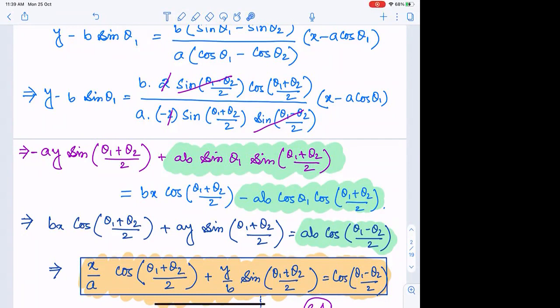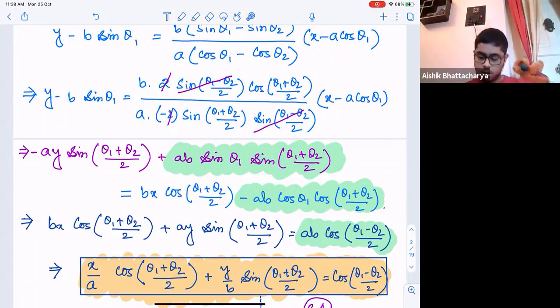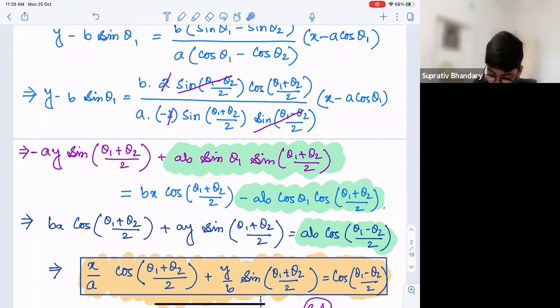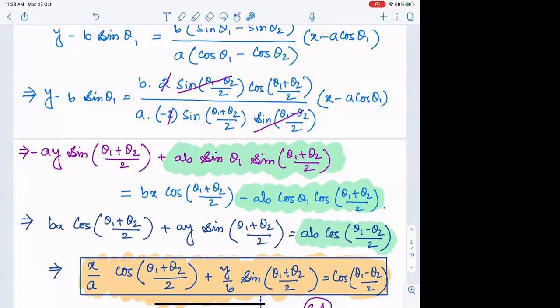Right, everyone? Is the calculation clear for all? Yes, a bit lengthy calculation, but we will not perform it every now and then. That is why we have summarized this form. So from now onward, we will keep in mind this variation.